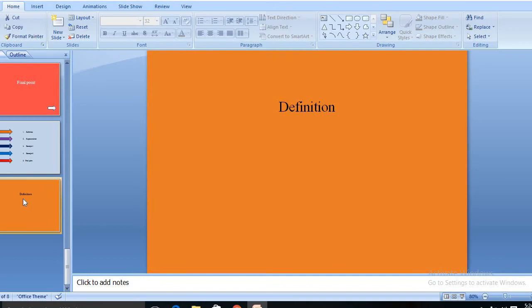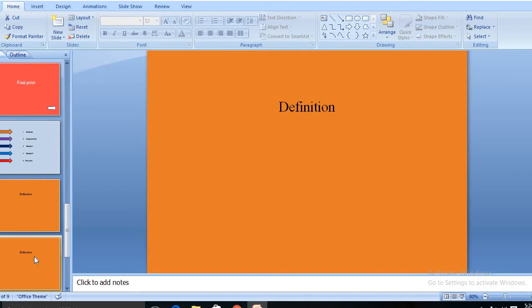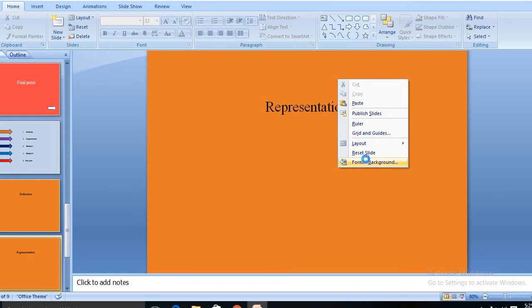The next one, duplicate this slide. The next slide is the representation slide. Then select background color.